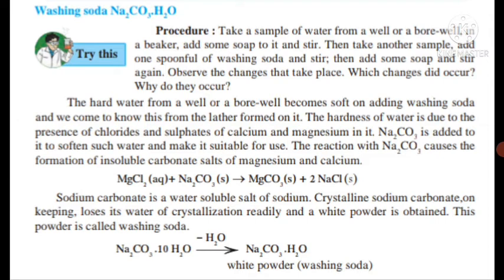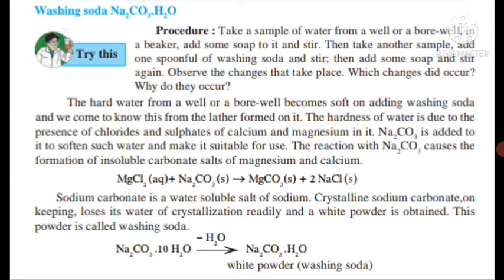So how do we know? The lather formed on it, and from this lather we understand that the hard water becomes soft. The hardness of water is due to the presence of chlorides and sulfates of calcium and magnesium salts in it. So Na2CO3, this washing soda, is added to this water to soften such water and make it suitable